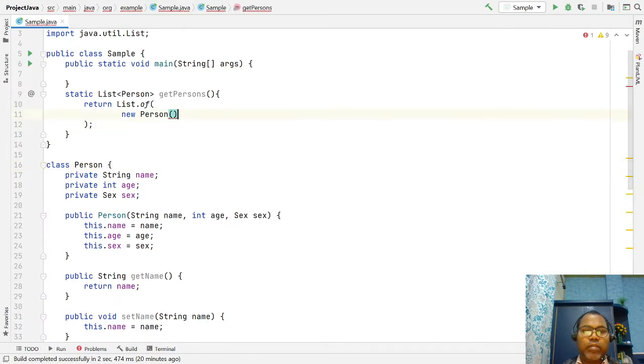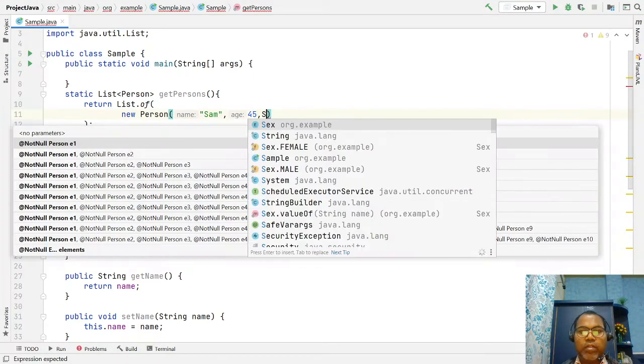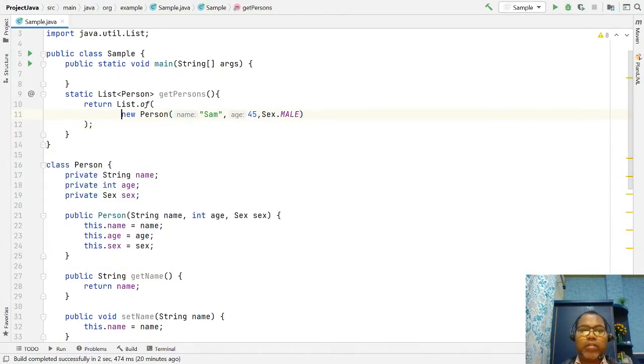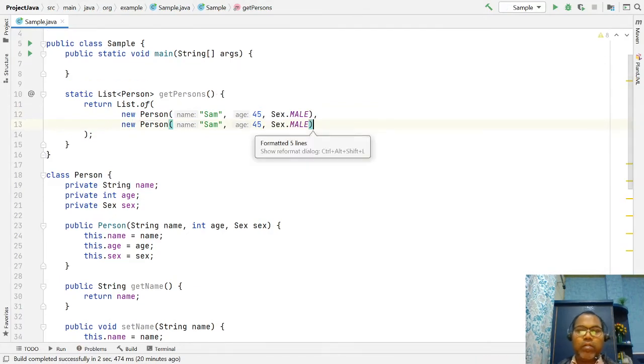one. This is the name, maybe the same, age maybe 45, maybe male. Okay, and this way let's keep this person 1. Let's create person 2. Okay, similarly let's